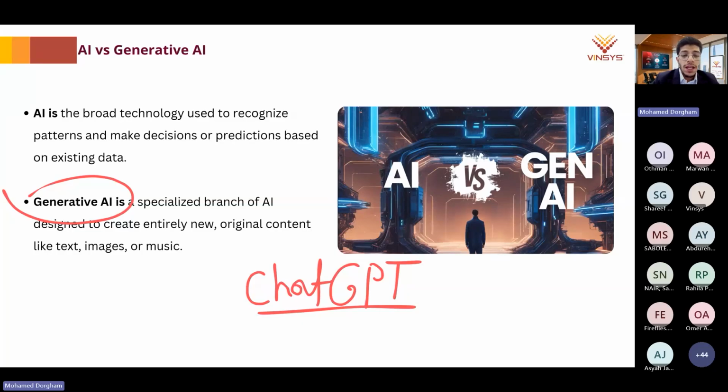Now, let's differentiate the following. ChatGPT is an application, and the brain itself that powers this system is called the GPT series.